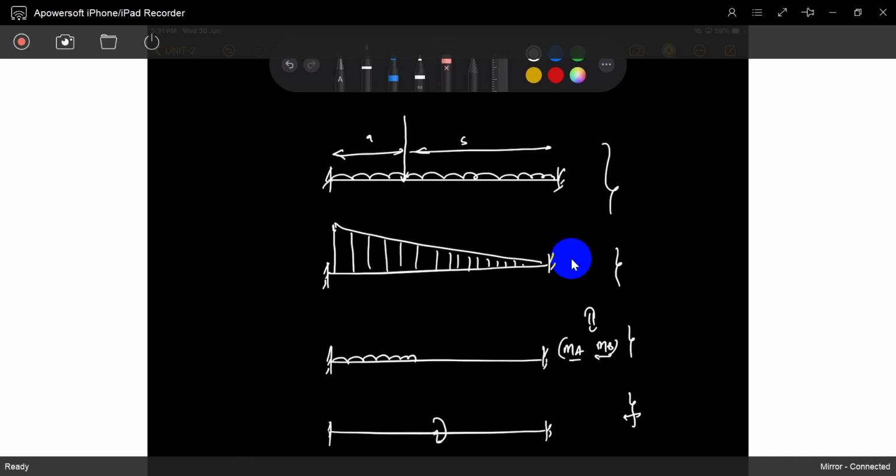Once we complete the fixed end beams, later we will go to the continuous beam. That is also in this chapter only. This is the 5th class, I think. At least 6-7 more classes are required, extra 7 to 8 classes to complete this chapter. In structural analysis, every chapter requires at least 15 classes. At least 90 classes are required to complete this syllabus. Okay, that's it. Today's class is over.